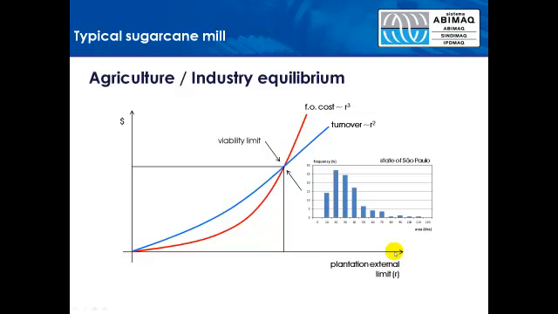When you plot those two curves, you see that your turnover increases with the plantation external limit, let's say, or average radius. And remember, in order to increase your turnover, you want to work with the maximum plantation area that you can. Regarding the costs, being proportional to the cube of the average radius, they start to grow very slowly in the beginning, and they explode, actually. And there's going to be a point where the operation is no longer viable. So you have interest in working around this region here. That's living dangerously, actually. When you put all numbers, when you write all the equations with the correct data, you get